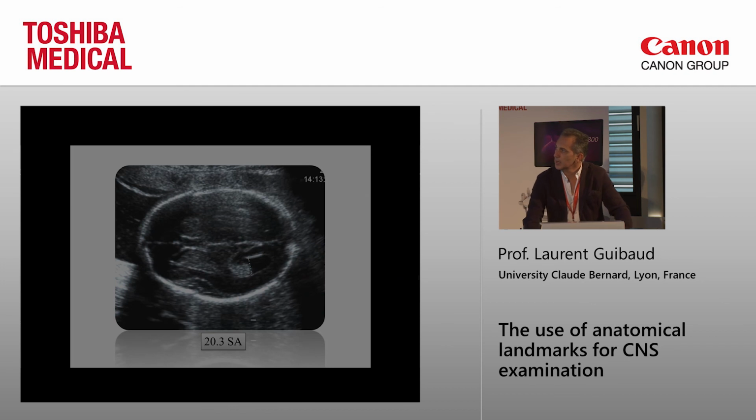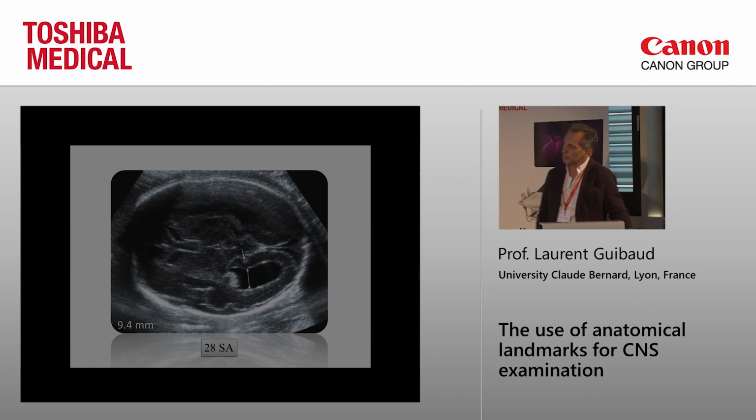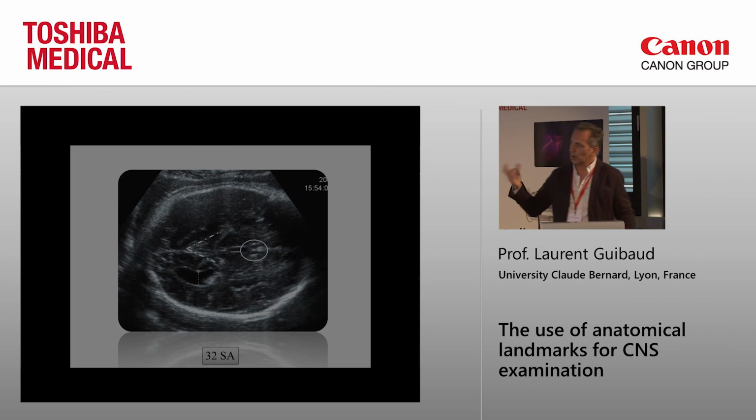This is here, this small depression here, and you see, you measure, but in this case, you are at the level of the plexus choroid. But here, you see, you are far away from the plexus, and you see the depression with the arrow. You are exactly at the atrium. And when you are in the third trimester, this sulcus fissure becomes deeper, and you should measure at the deepest